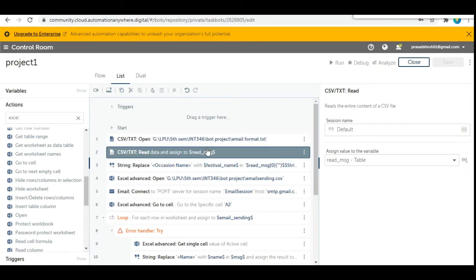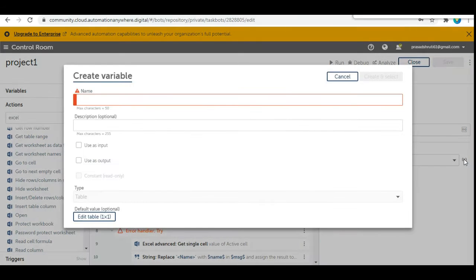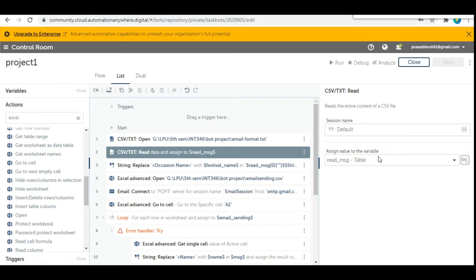Then I read the Notepad and assign the value to a variable. If you assign the value to a variable, then you have to create a variable using this. I already created it, so here the read message is just showing.